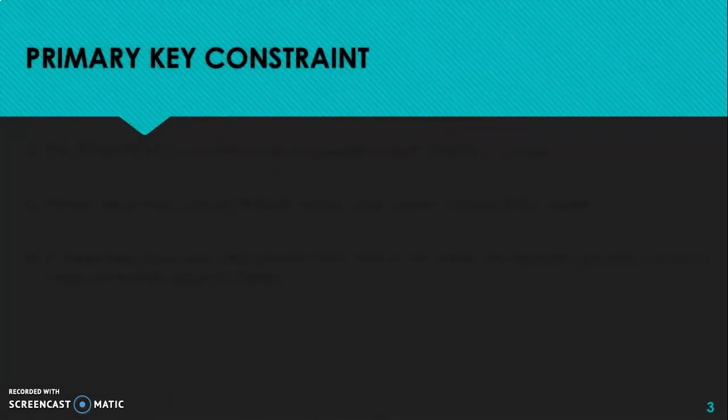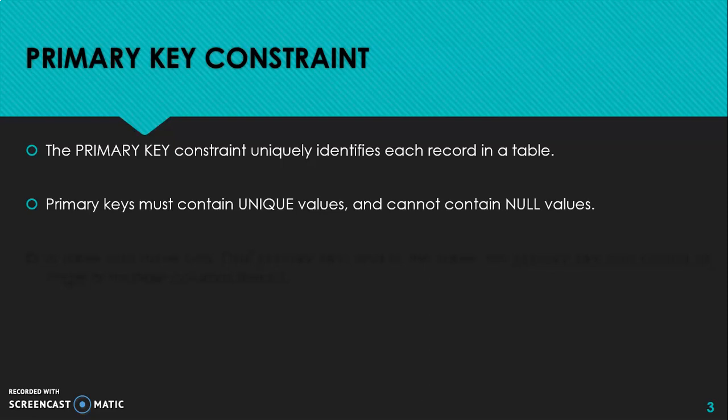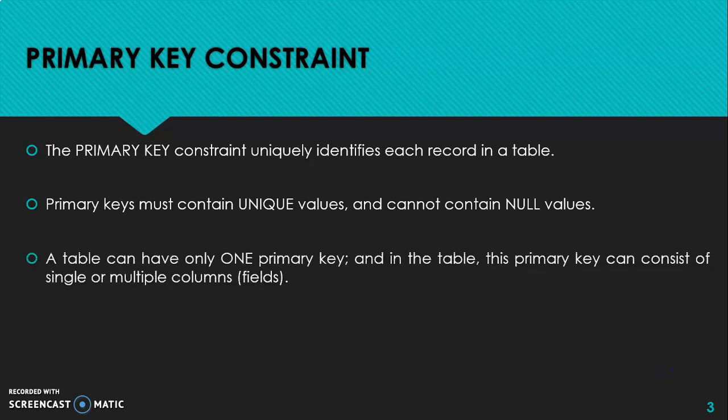Primary key constraint. The primary key constraint uniquely identifies each record in a table. Primary keys must contain unique values and cannot contain null values. A table can have only one primary key, and in the table this primary key can consist of single or